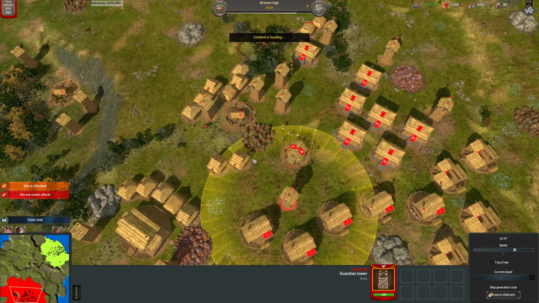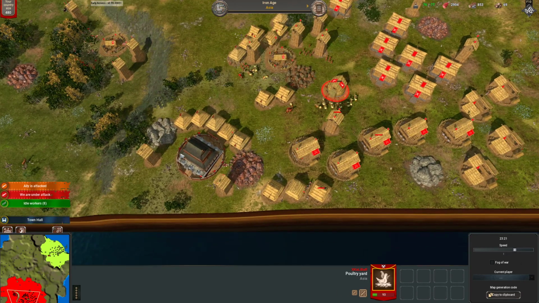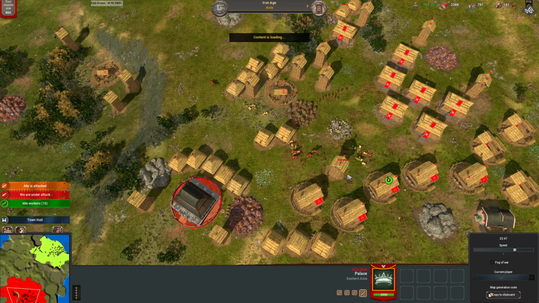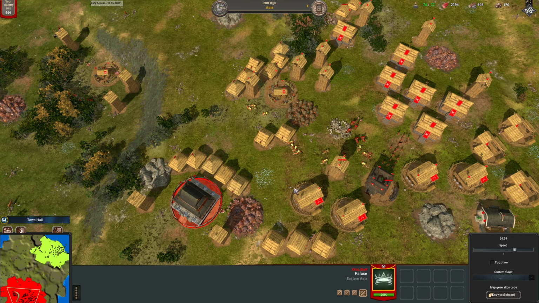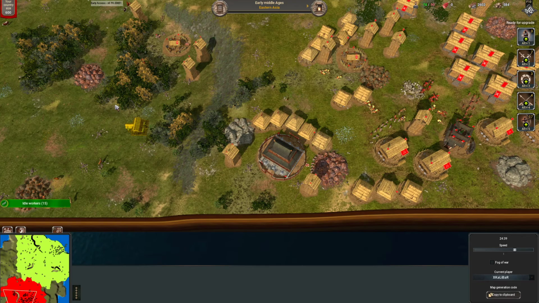So I've got idle workers doing nothing. Got to medieval, so that's cool. Okay, finish that off. Nice. But you need food to build your chickens,